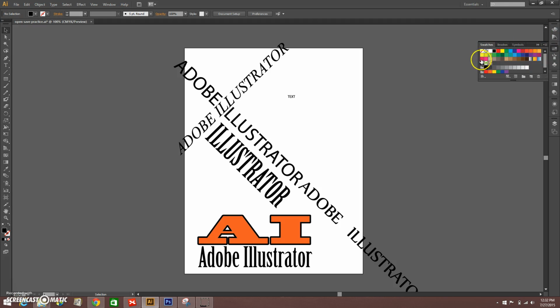And then you have different ways of setting up swatches, setting up custom swatches and saving them in your swatch palette. And then you have a brush palette like you would in Photoshop. I do want to point out here that these palettes have palettes embedded within them too. So for example, if I click on the swatches palette, the brushes palette is there too, and you can see it kind of groups them up that way.